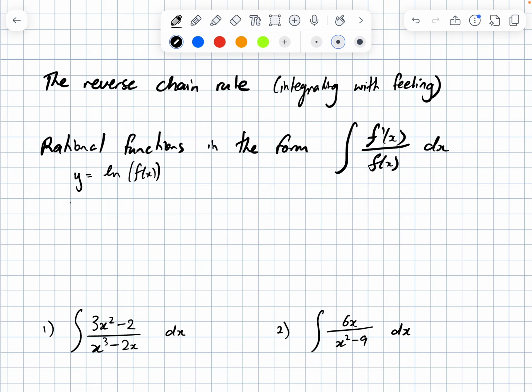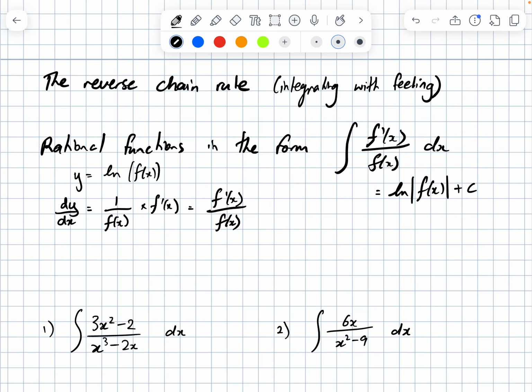When we differentiate this function, we get dy/dx is ln differentiates to 1 over the bracket, times by the derivative of the bracket, so times by f'(x), giving you f'(x) over the function. Which means if you were to integrate this, this type of function is going to go to ln of the denominator